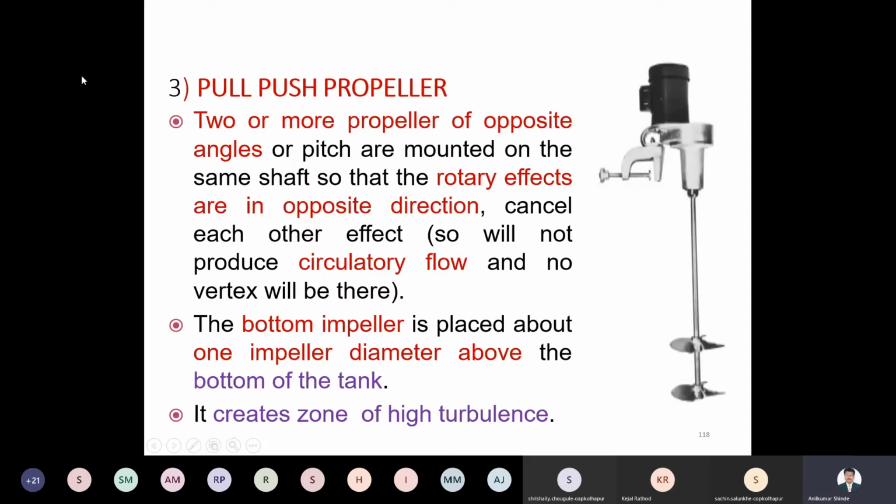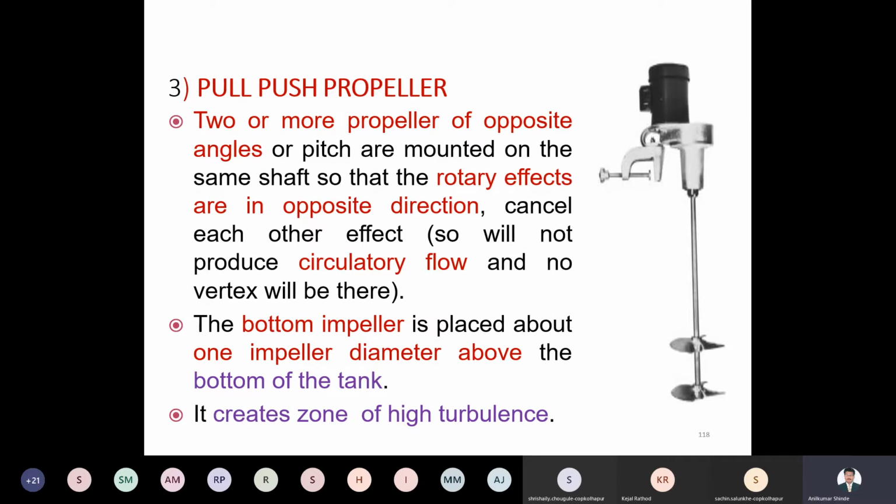Then there is a pull-push propeller type of mixer. In pull-push, there are two or more propellers set at opposite angles, so you can attach them. This is a figure, if you have not seen it. This is the first propeller, and this is the second propeller, both attached to the shaft. But the propellers are attached such that they create opposite directions of the